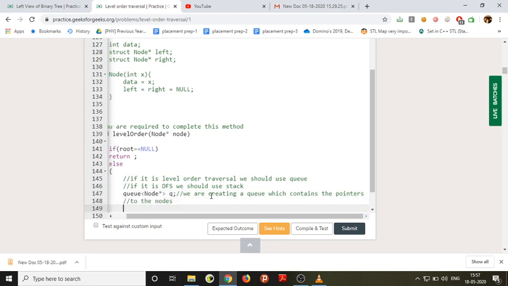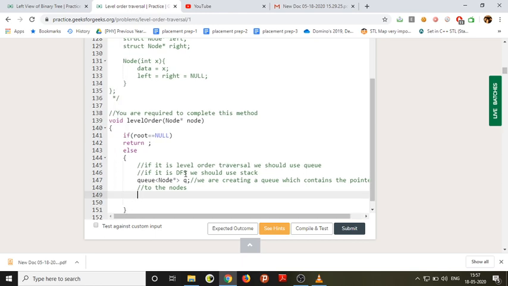So this is the first step. After creating the queue, the second step is to add the root: queue dot push root. So the first step is to create a queue of type node star, and push the root into it.